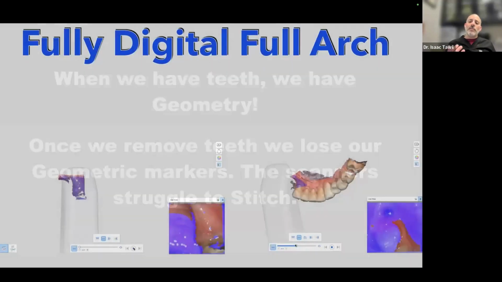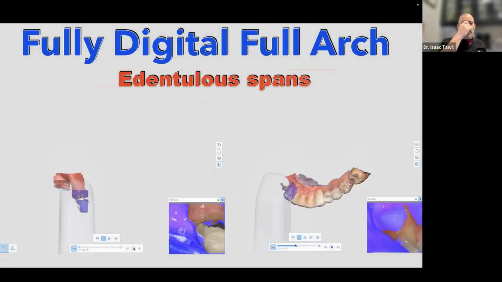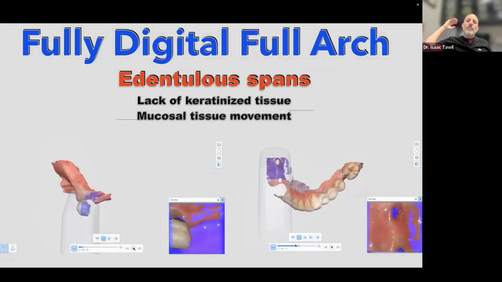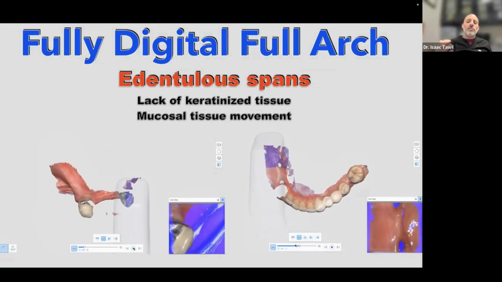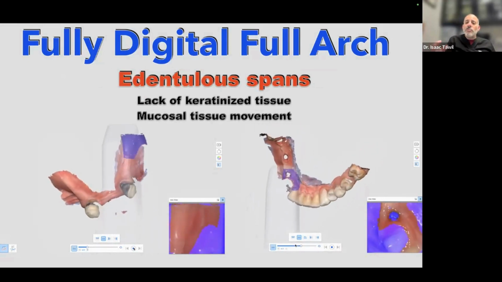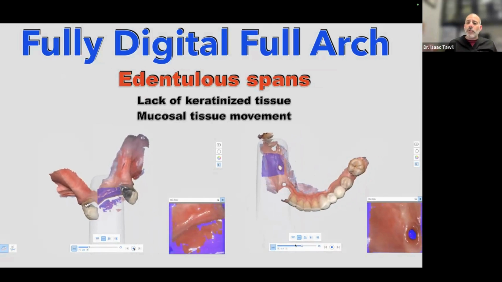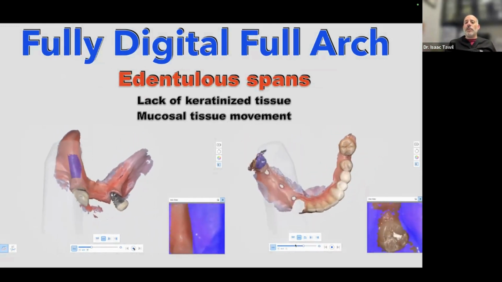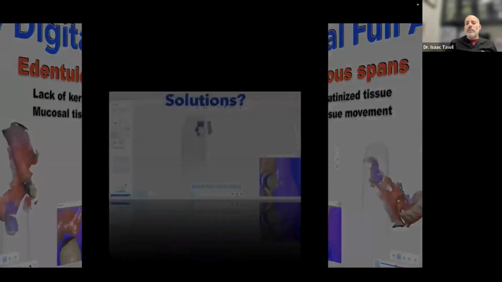We try to scan, and I was on a team. I don't want to say the scanner's name, but I was on the development team for the scanners that you're seeing here. And we realized once we lack keratinized tissue, everything gets very hard. Can it be done? Yes, but I have to go slow and struggle. I need something that will capture quickly and accurately. And that becomes a problem, especially when it comes to full arch scanning around implants.